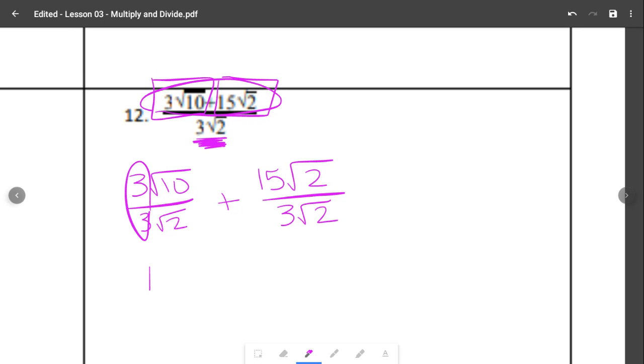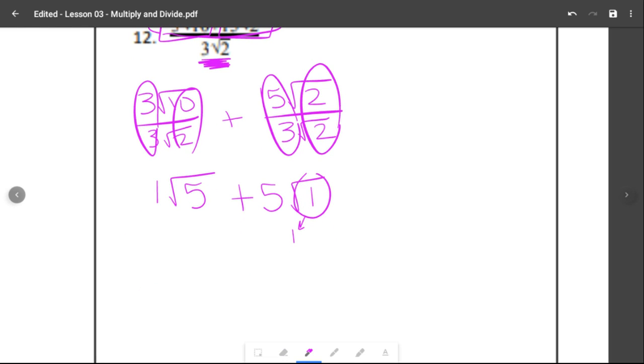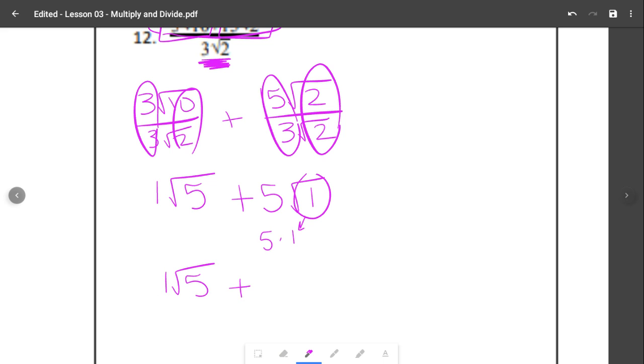3 divided by 3 is 1 for the first one, and then the 10 divided by 2 gets me radical 5, plus 15 divided by 3 is 5, and then radical 2 divided by radical 2 is radical 1, which is a perfect square. It comes out as 1, which when we multiply it with 5 does not actually do much for us. You are just left with 1 radical 5 plus 5, or if you want to leave it as just radical